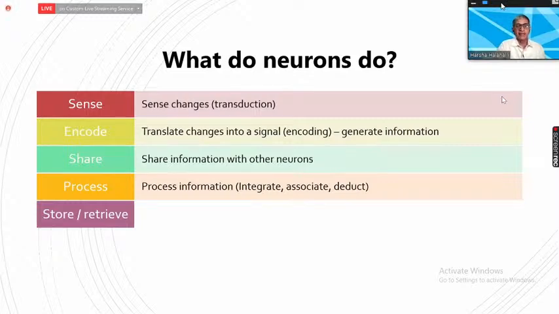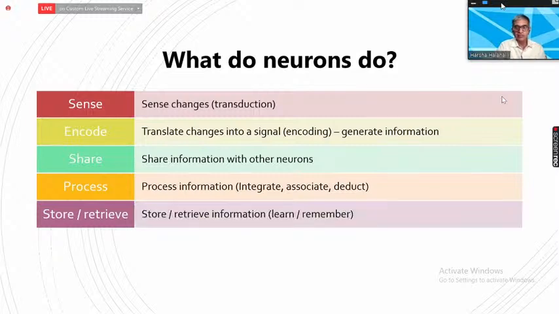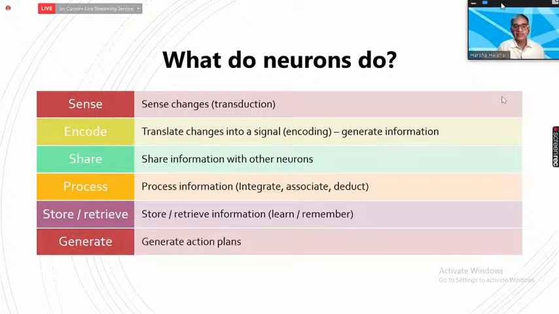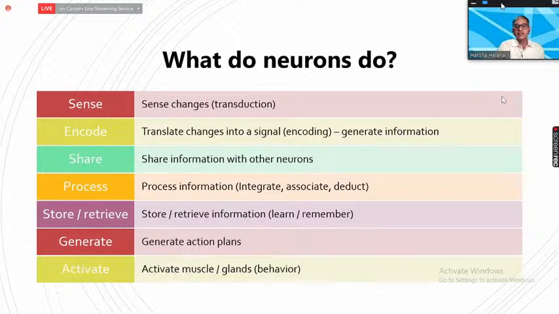Information can be stored by networks of neurons, not individual neurons, but networks of neurons, and this information can be retrieved, and this forms the basis of learning and memory. Neurons can generate action signals, they can formulate action plans, and they can implement action plans through motor neurons, and this forms the basis of action of the brain. And neurons, of course, activate muscles or glands and bring about behavior. So everything that the brain does, it is able to do because the neurons support it in sensing, encoding, sharing, processing, storage and retrieval, generation, and